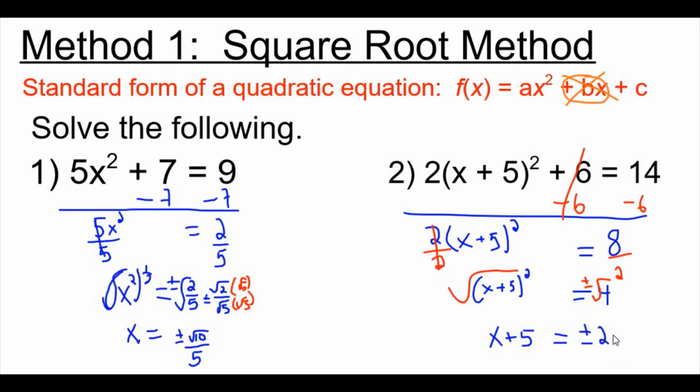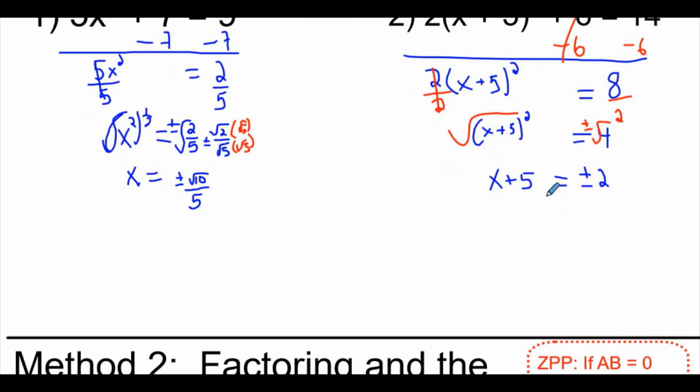So to solve this part of the problem, it's going to look a lot like the absolute value, where we're actually going to set up two problems, one being positive and one being negative. So x plus 5 is equal to 2, and then we also have x plus 5 is equal to negative 2. So you see that when I solve problems, I just try to keep them as consistent as possible. And what you're seeing there should look very similar to other things that we've seen in the course. If you went back and looked at the video on how to solve absolute values, it looks very similar. Though we're not solving an absolute value problem, we are using a process that we established at the very beginning